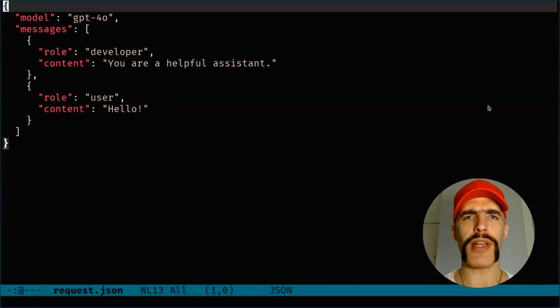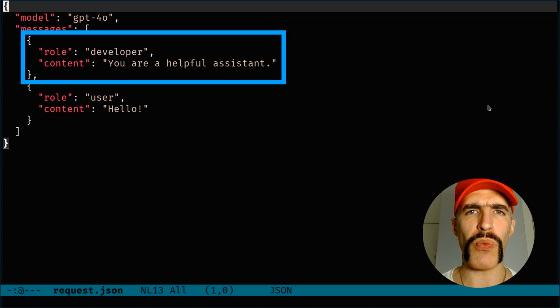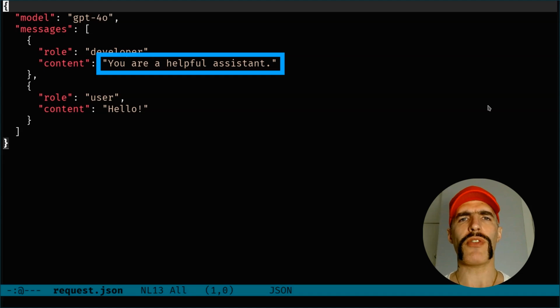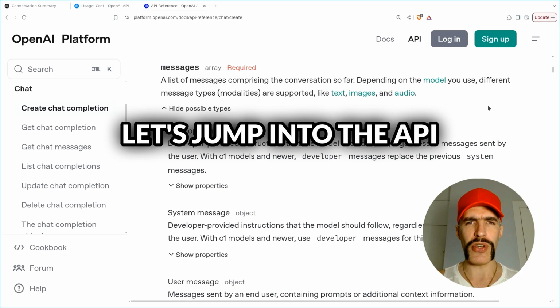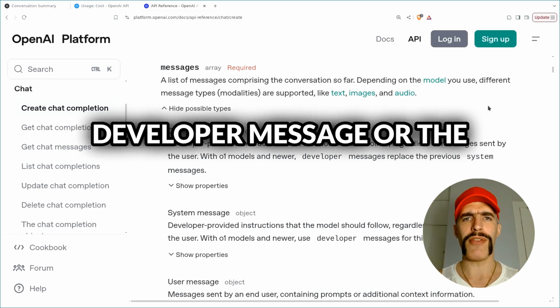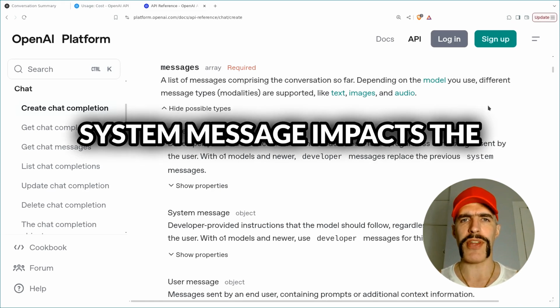We dismissed totally the first one, which has the role developer, and where we can read "you are a helpful assistant." And this is that string that we are going to change, that message, to get the model to answer in Spanish. Let's jump into the API reference to read what the developer message or the system message